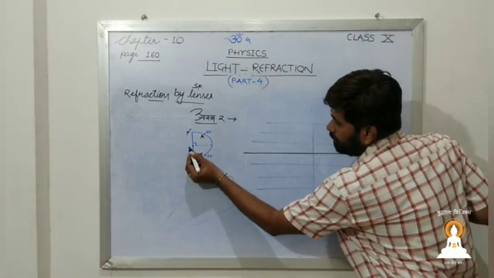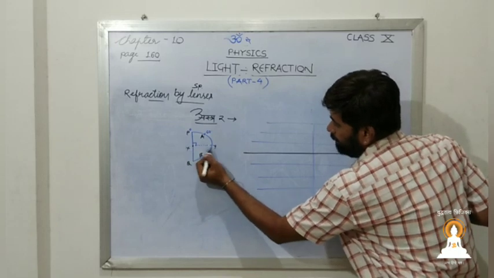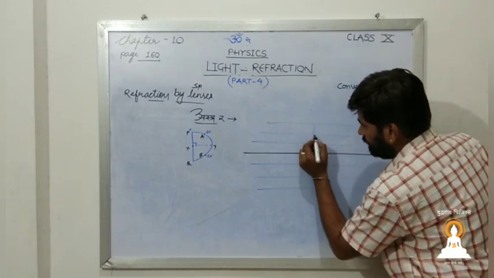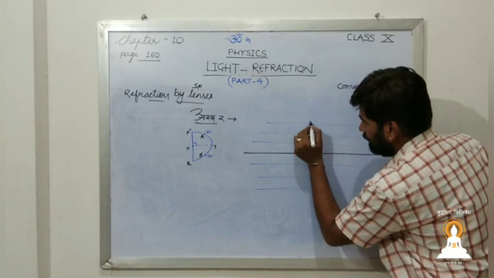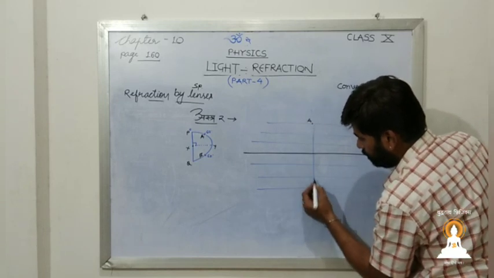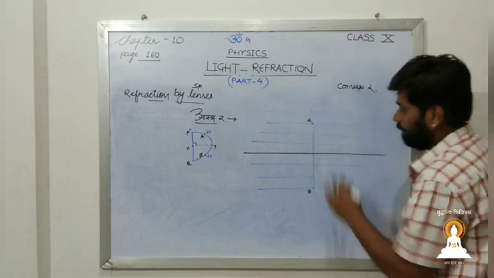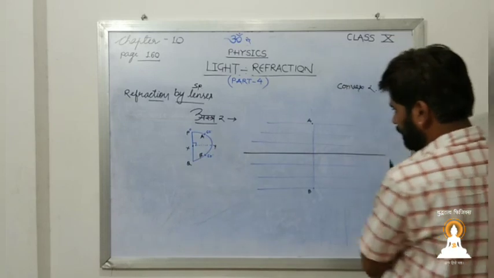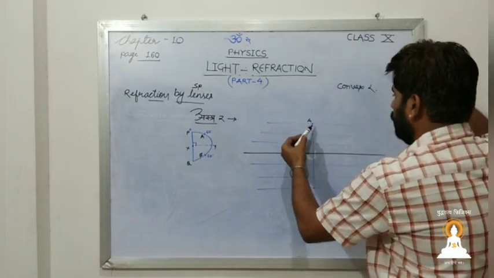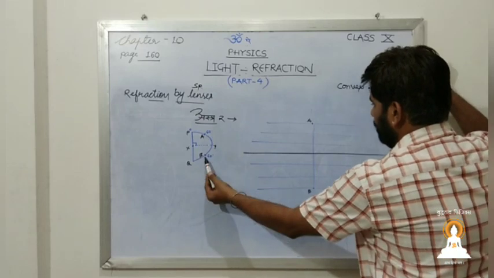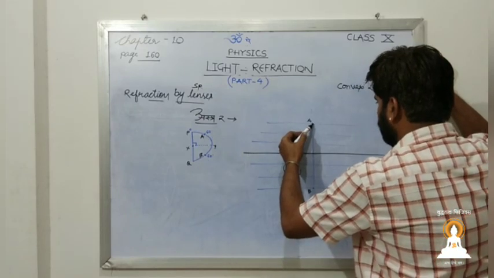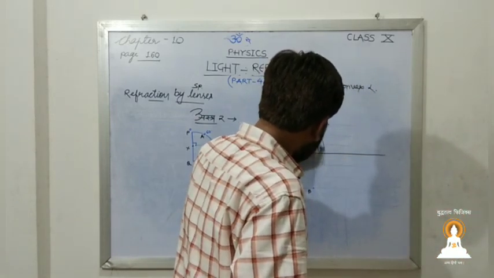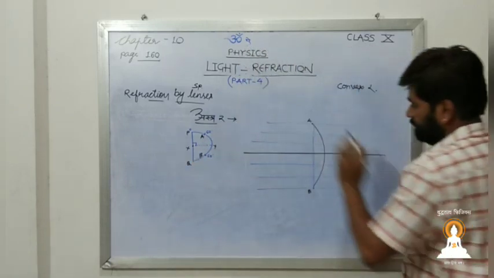Now match this XY line with this principal axis, and then put it in such a way so that 60 degree will be here, that is point A, and then another point B, that is here. Keep it like this, and this time the face of this curve is this side, that is your right side. Now this is the 60 A, this is the 60, that is B. Now make an outline. Let me try. This is one such one.